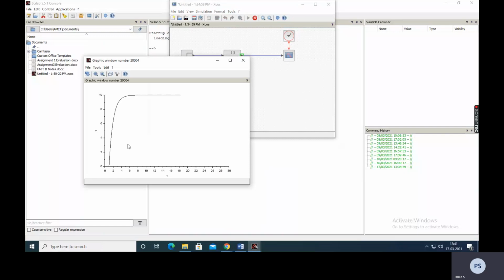I think students, now you can understand clearly when we are changing the gain of the system for the step response of a first order system. So how we are varying the gain, if you are varying the gain, how the output waveform is going to settle or reach the steady state value. I think you can clearly understand that.